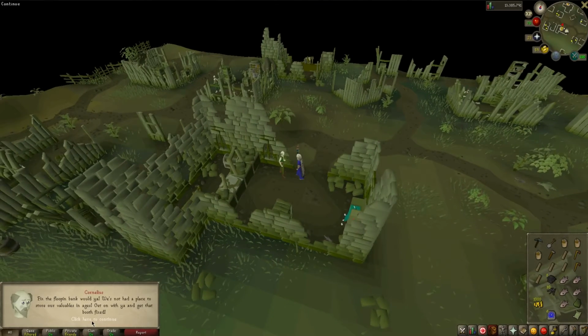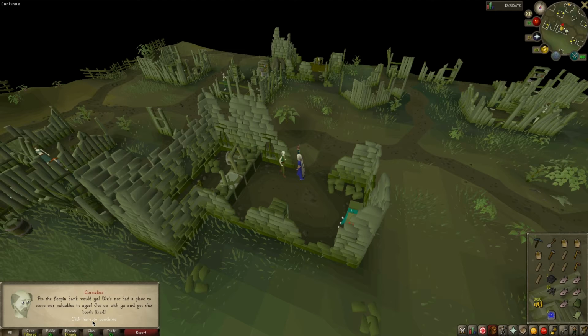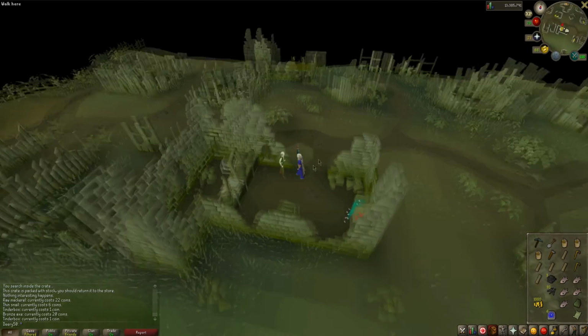And I say, what should I do now? Fix the flippin' bank, would ya? We's not had a place to store our valuables in ages. Get on with ya. So there you go. That's what he says. So to repair the bank, we'll need a hammer, which we have. We'll need our 5 planks, 1 swamp paste, and 20 nails, which we have all brought. So let's go ahead and